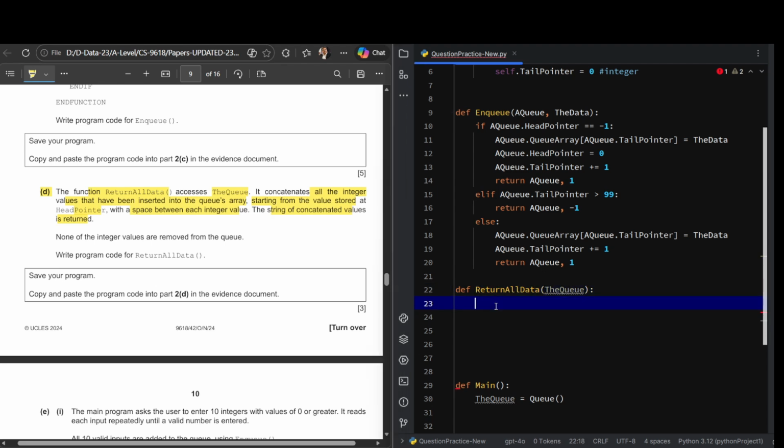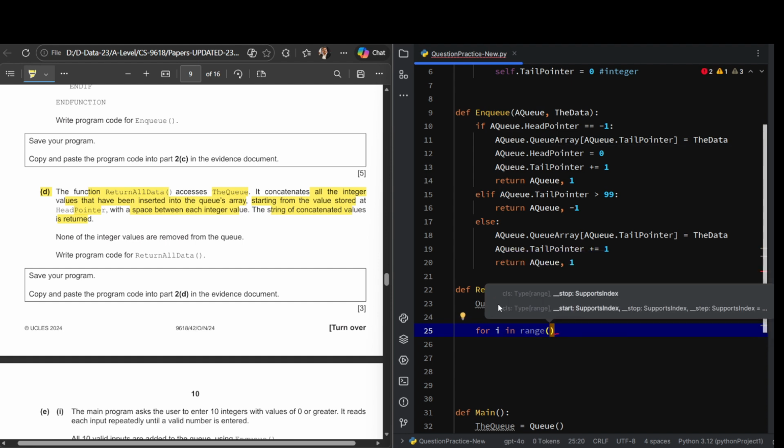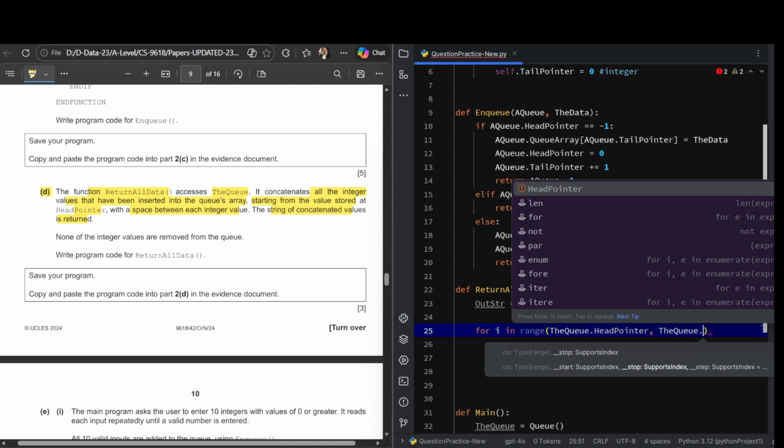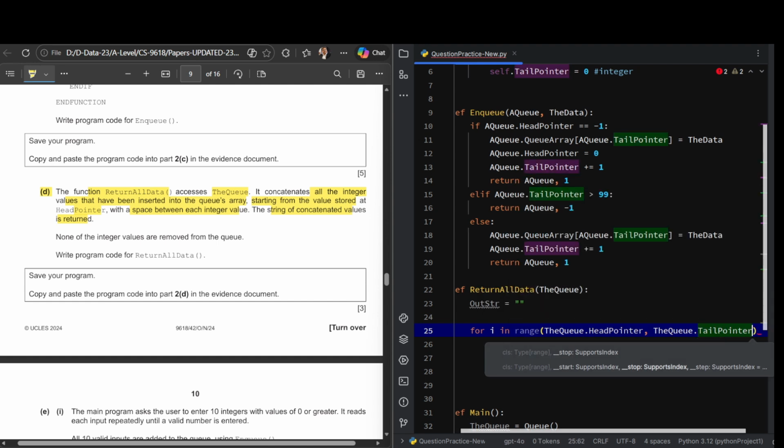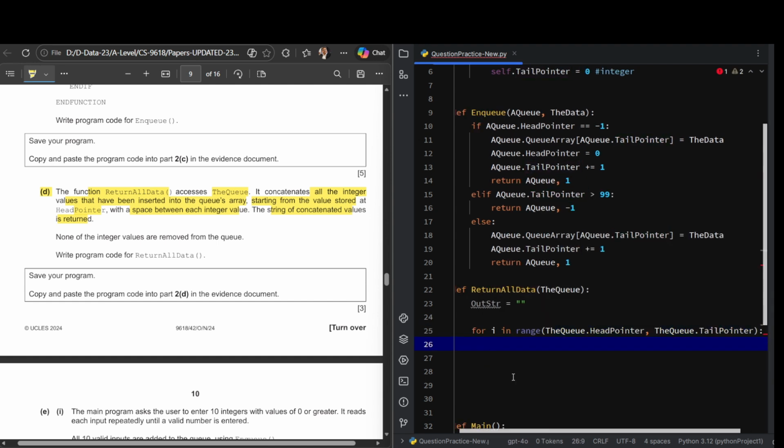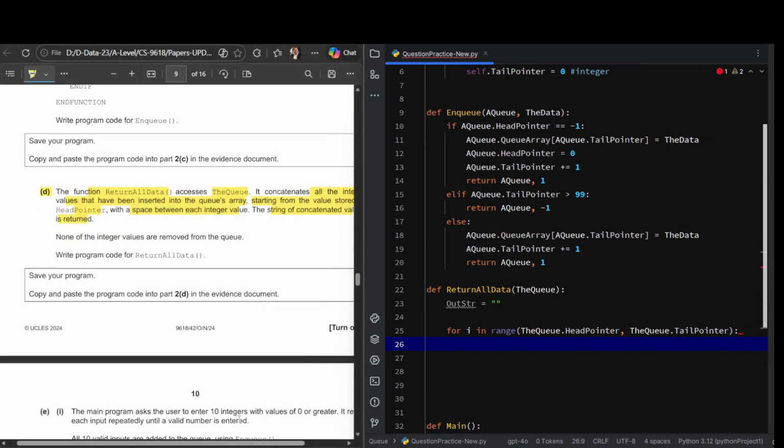All right. How will we do that? We need an out string, which we initialize to empty. And then in this out string, we just need a loop for I in range, and inside the range, as it says, starting from the value stored in the head pointer. So now the queue dot head pointer to the queue dot tail pointer. So it starts from the head pointer till the tail pointer. All right. So this is how we refer to its